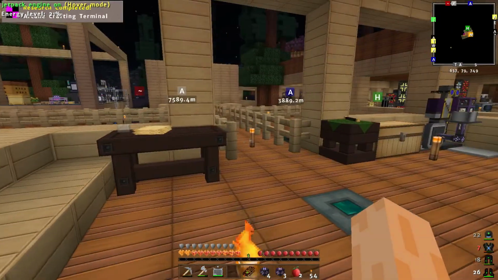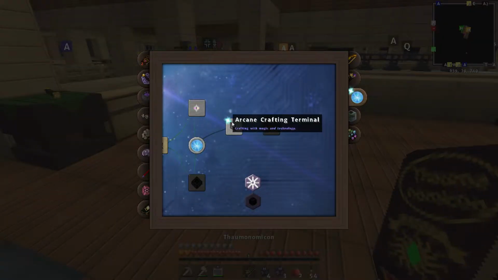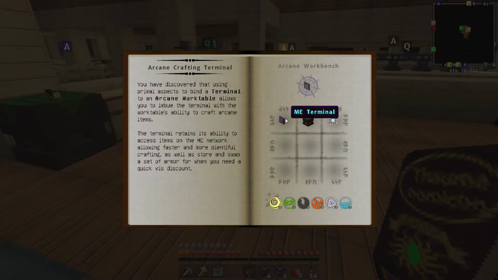So that's popped up in the top left-hand corner there. So how do we craft this then? So the Arcane Crafting Terminal. So we need an ME terminal, an Arcane Workbench, and a calculation processor. So you've discovered that using primal aspects to build a terminal to an Arcane work table allows you to imbue the terminal with the work table's ability to craft arcane items. The terminal retains its ability to access items on the ME network, allowing faster and more plentiful crafting, as well as to store and swap a set of armor for when you...